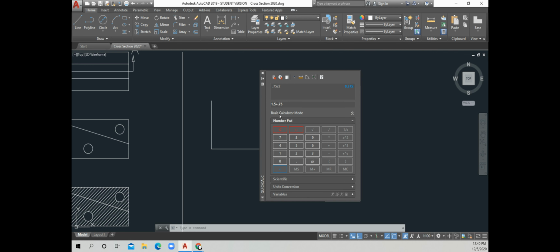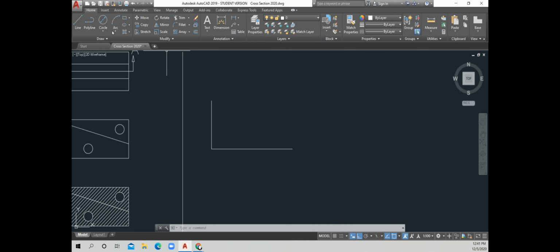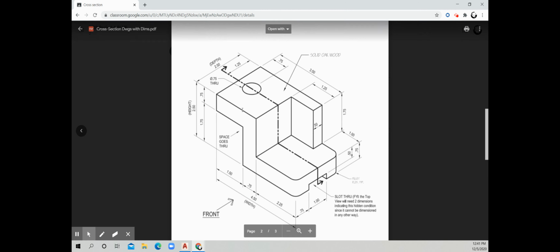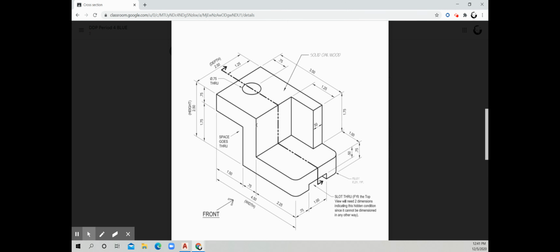Let's get rid of that. 1.5 plus 0.75. That equals 2.25. All right, let's get rid of the calculator. So this should be 2.25. Again, we are drawing the length of this line right here. Now we need to come down,